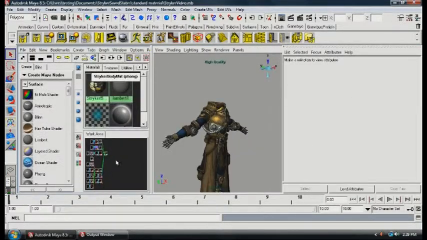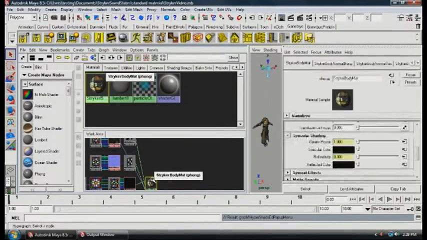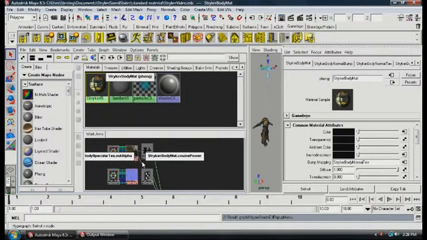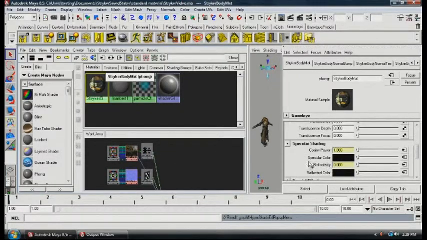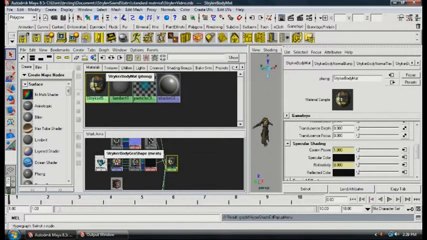We'll just go through this real quick. You can see as I zoom in here that we've got a specular color map. Let me actually select this so it shows up. We've got a specular color map. I'm taking the alpha from this texture and I'm using it to drive the cosine power, which is just your specular power texture. I've got a normal map, I have a glow map,